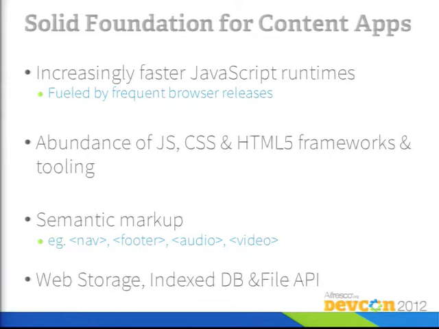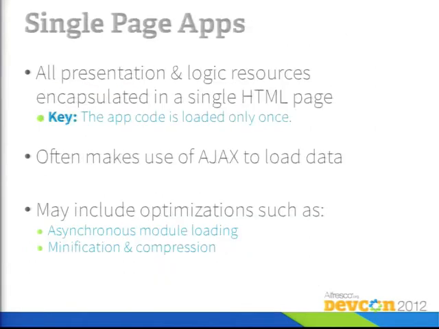HTML5 gives us some semantic markup. It changes the markup a little bit, and I think this helps us develop applications that can be a little bit more responsive based on the device that is accessing them. And I think one important thing is more device access through a standardized API. To note a few, we include web storage, IndexedDB, and things like the File API, allowing an HTML5 based app to directly access your file system within a sandbox type of setting. So far, so good? Awesome.